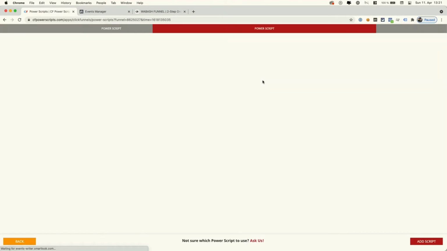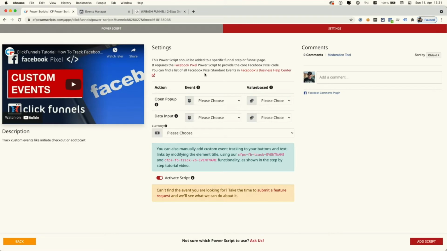So if you're on the free plan, you won't be able to use this unless you upgrade and start your subscription. So I'm going to click on it, and you can see that again, we have a couple of settings here. First of all, we can define an event for whenever a user opens a pop-up, and we can define an event for whenever a user starts typing in a form. Therefore, it makes sense when we add the script like now to the entire funnel to set both of these to do not track. We can set this to yes or no, it's irrelevant then, and set our currency